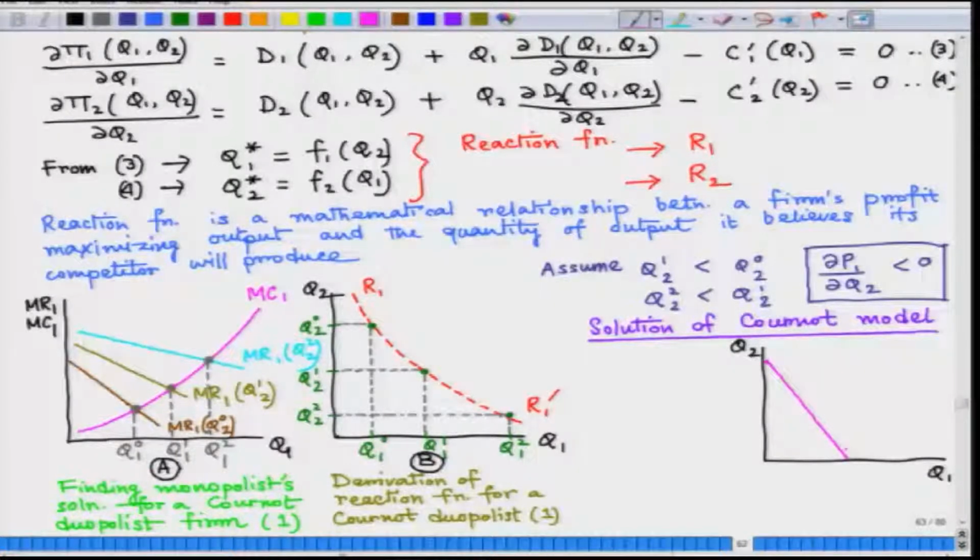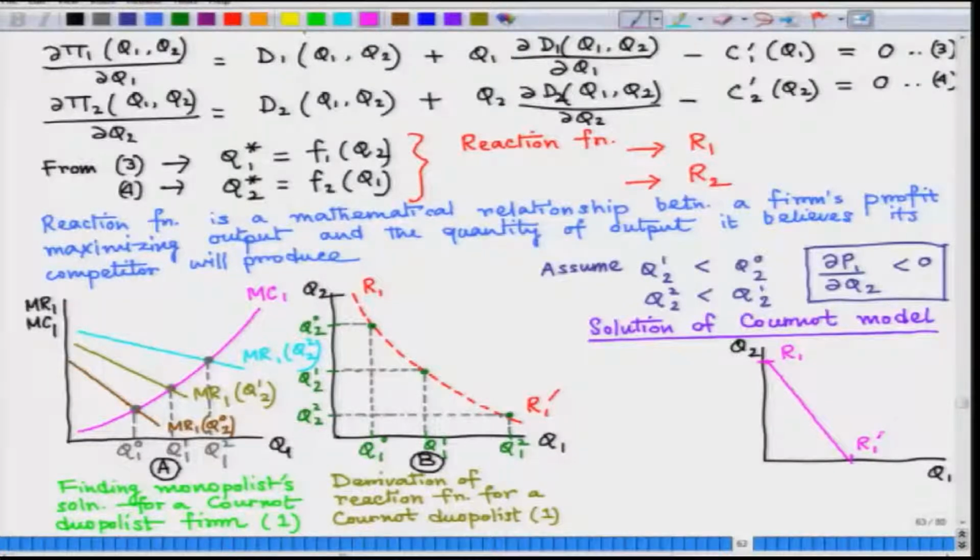Note that I can draw a straight line reaction function without loss of generality. It has to be downward sloping. That is what we have observed previously, that there is a negative relationship between the quantity supplied by firm 1 and the quantity supplied by firm 2. So, let me call this reaction function of firm 1 R1 prime,